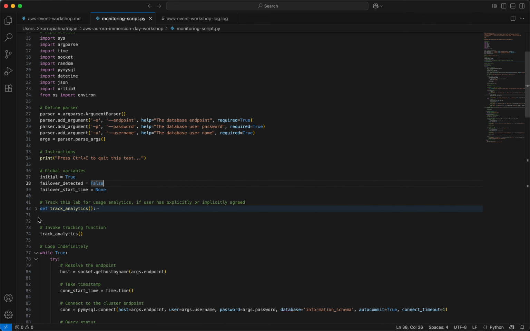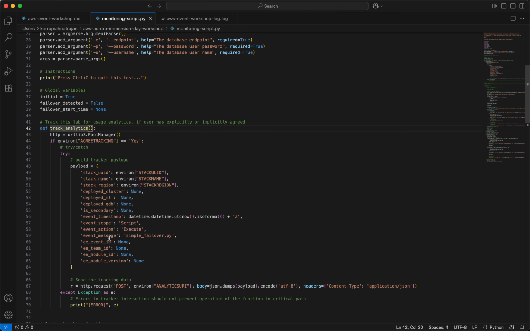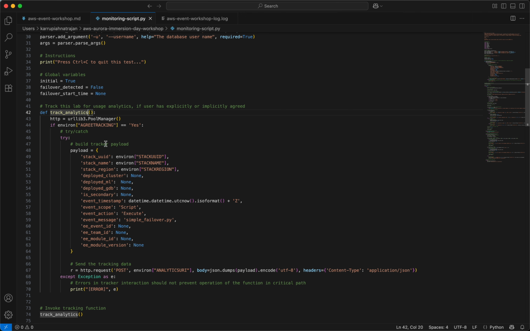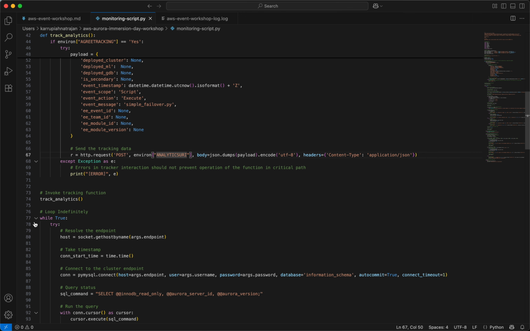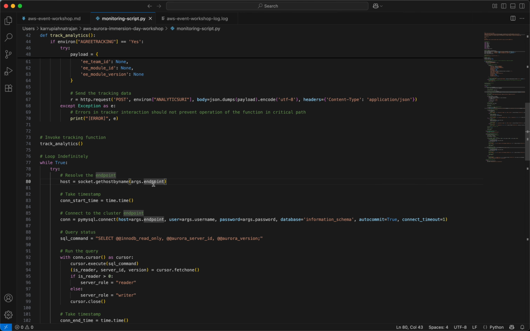So we have track analytics, and this is for tracking the analytics, doing some analytics thing for stack UUID and stuff. And then finally you have the loop indefinitely, resolve the endpoint. So you basically get the endpoint, connection start time, take timestamp, and then connect with the endpoint, username and password, and database. Information underscore schema, I think this is a schema that is always present, probably a metadata schema. So auto commit true, connection timeout 1,